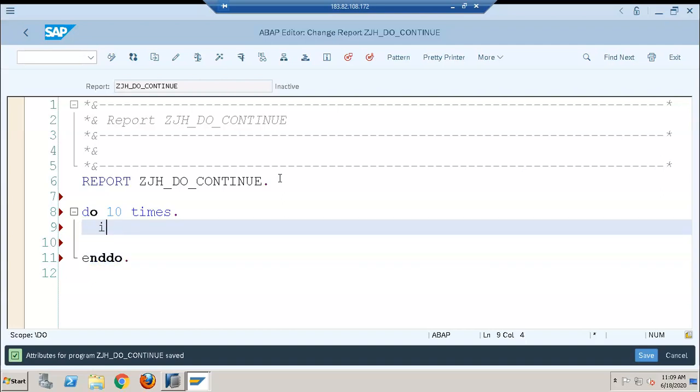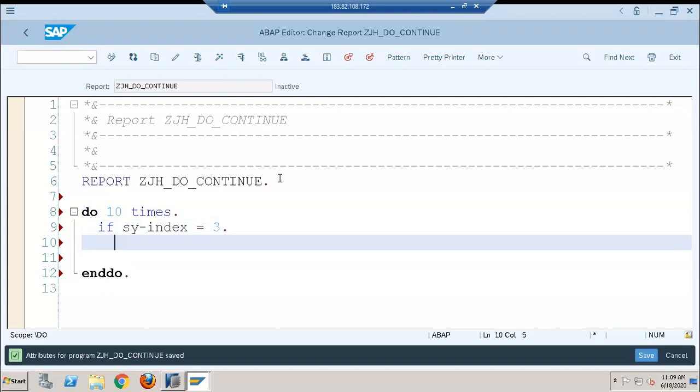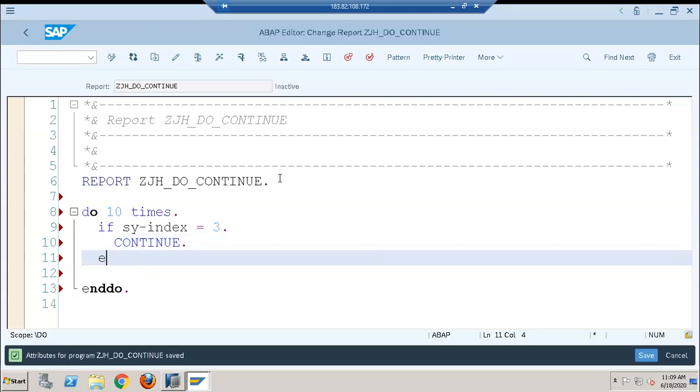And in this, if, let's say, sy index, so sy index will have the index number. So if the sy index number is 3, then continue. I'll just keep continue and end if. Okay, so we have this.